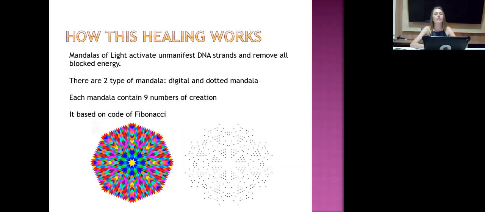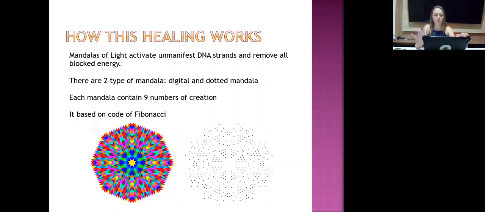Fibonacci code, you can later research what the Fibonacci code is, because everything in our life goes as a Fibonacci code, like a specific circle. So this mandala helps to activate our DNA and bring it to the divine order. This is the purpose of this mandala. And it contains the numbers and colors which are associated with some specific healing. Every number from 1 to 9 has a meaning.